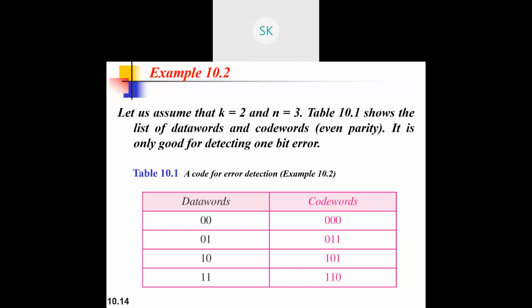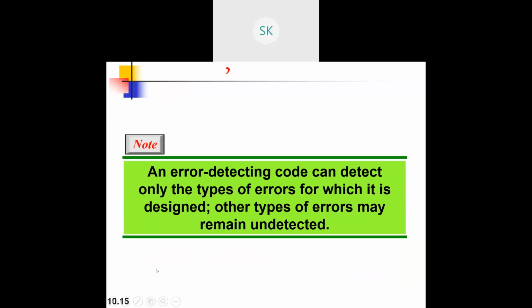So with respect to this, if the data word is 2 bits, with respect to parity, if you are adding it, then these are all the code words that you'll be having. If you are going with modular arithmetic also, this is common. 0 plus 0 is 0 itself. 0 plus 1 is 1. So 1 XOR with 0 is 1. 1 XOR with 1 is 0. So that is what your parity is all about. So modular 2 arithmetic as well as your parity is one and the same. That's what we have just designed.